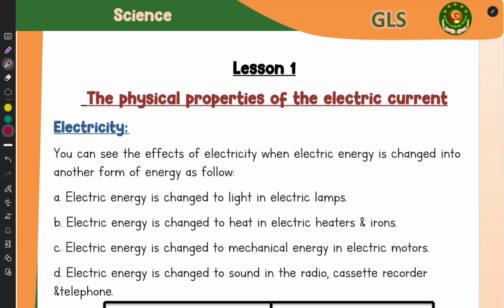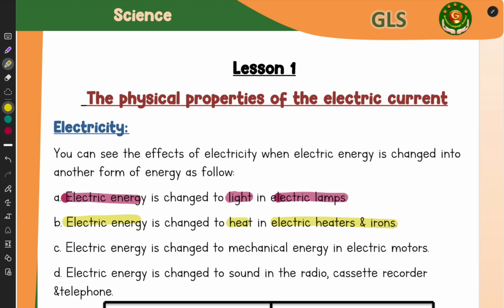Of course, in lesson 1, as I said before, it is about the physical properties of electric current. But before discussing anything, we should remember something: the changing of electricity. You can see the effect of electricity when electric energy is changed into another form. Like the electric energy is changed into light energy in the electric lamp. And the electric energy is changed into heat energy in the electric heater or iron,